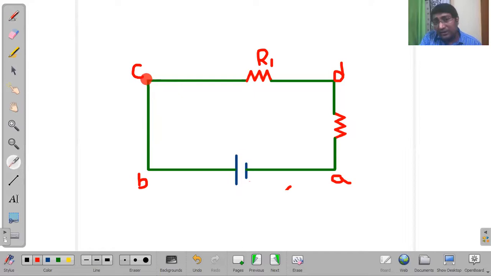So just remember, you have to use new alphabets in two cases. Whenever there's a corner, definitely use a new alphabet. And also make sure to use the new alphabet to cover resistors or any electronic components. So each electronic component should be between different alphabets. Battery is between A and B. Resistor 1 is in between C and D. Resistor 2 is in between D and A. Okay, so we are closing this circuit and this is resistor 2.